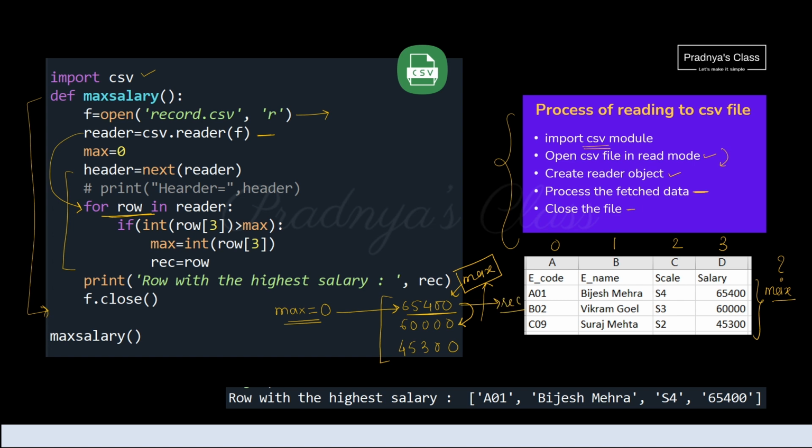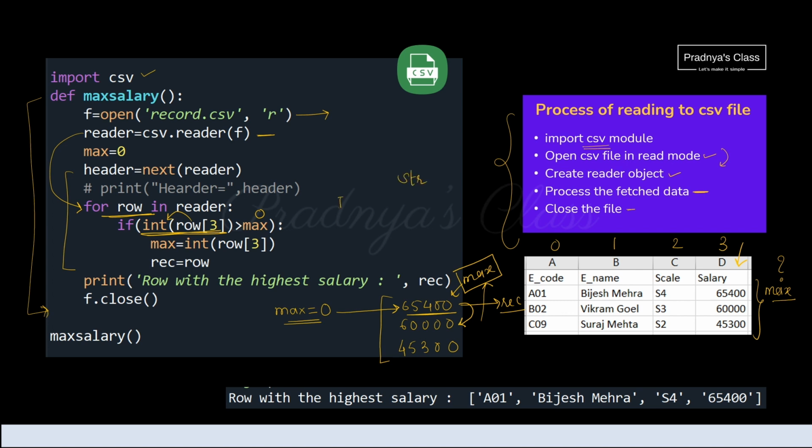Now look at the code. Using a for loop, we are iterating over each row. If integer of row 3 is greater than maximum, initially max is 0, and row 3 means we are accessing the salary column and changing it into an integer because by default it will be a string.